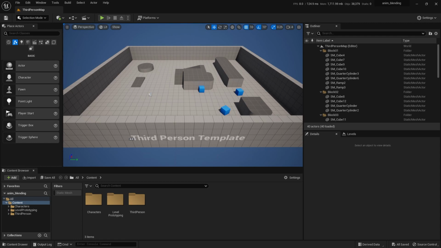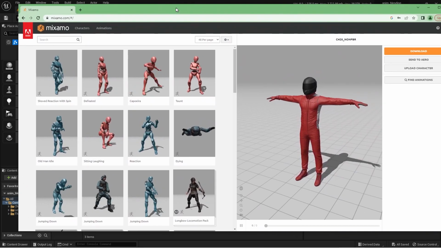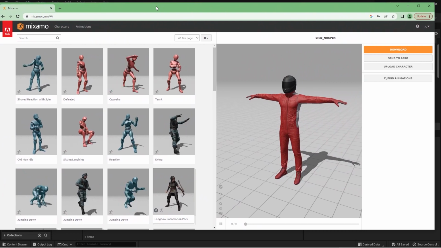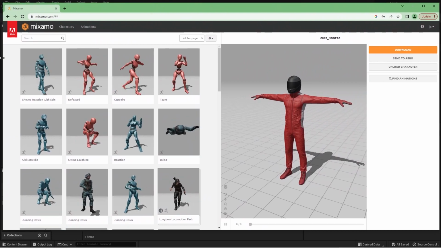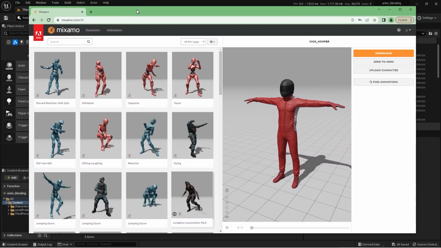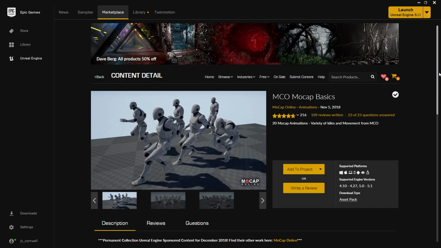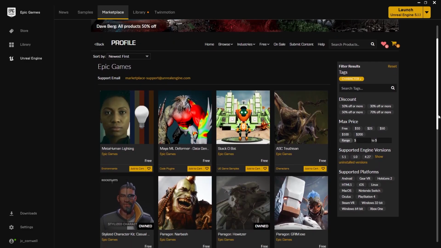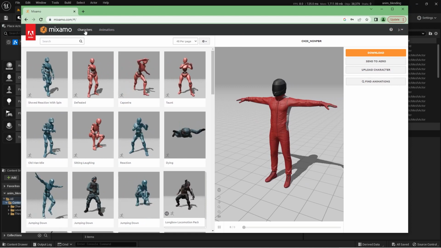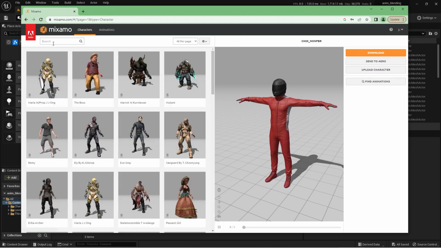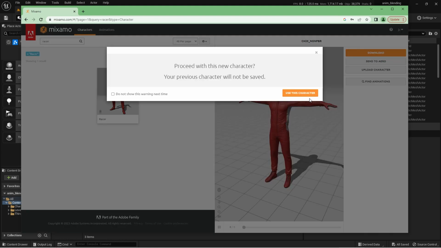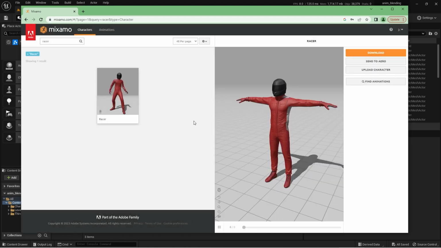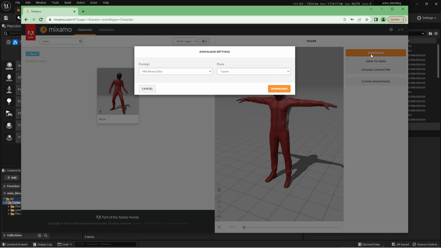And let's go ahead and go over to Mixamo, one of my favorite sources, as you know. The techniques you learned today, though, can be used for any kind of character with any kind of animation, metahuman, mannequins, anything you import. It'll all work the same. We're going to grab this guy, the Racer. So go to your Characters tab, type Racer, and select this character. And we need to download in the T-Pose. So T-Pose FBX, download.